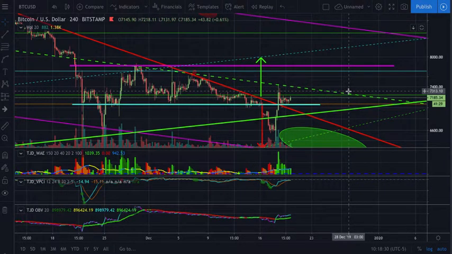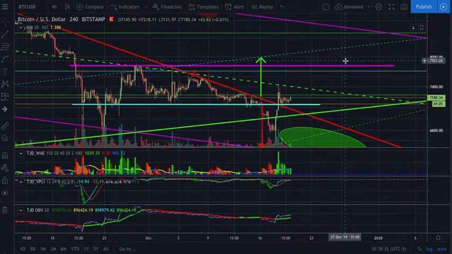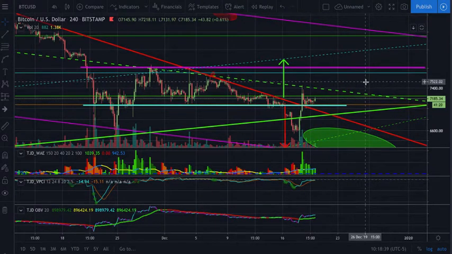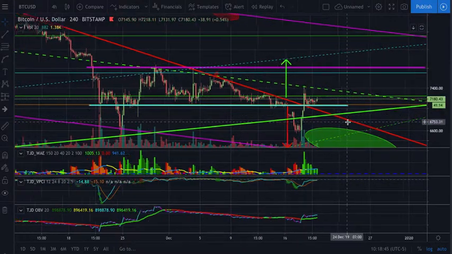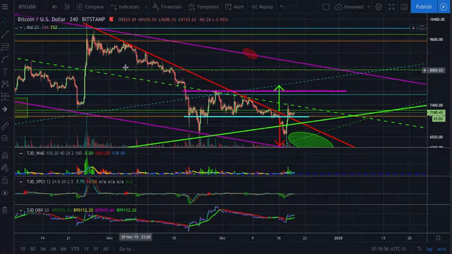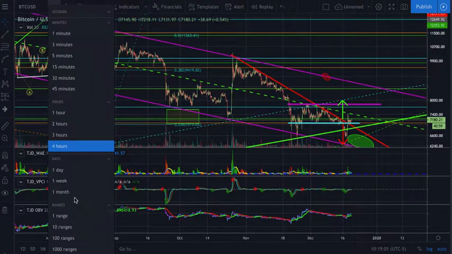Nothing has changed as far as I'm concerned in the long-term trend, although we could still potentially see some more upside. At this point in time, I'm not getting bullish on this asset, as long as we're inside the same exact channel, doing the same exact thing, although it is bullish that we did break above this red descending resistance and could potentially lead us up to the top of the channel if we can break through this green dotted line. But most of all, I just want to switch to a long-term